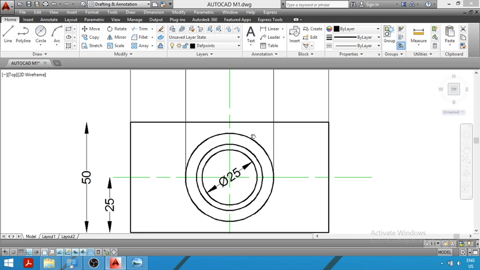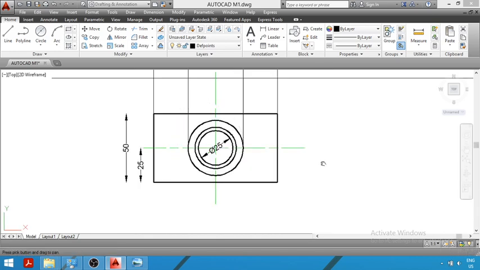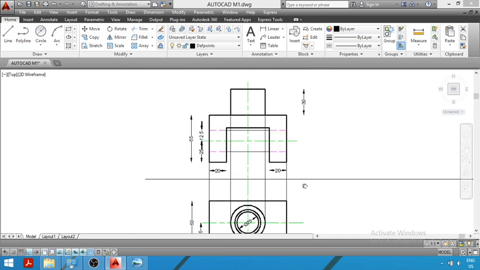This circle is of diameter 40 mm and this second circle is of diameter 30 mm. First we will project these two endpoints, that is this endpoint on the upper side. You can see I am projecting here. So I have projected this first endpoint on the upper side.